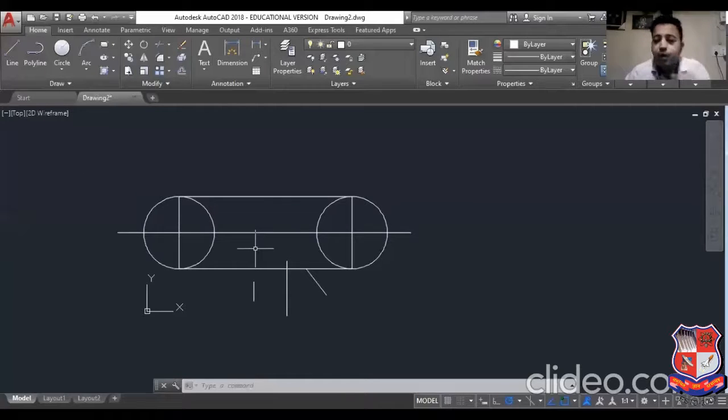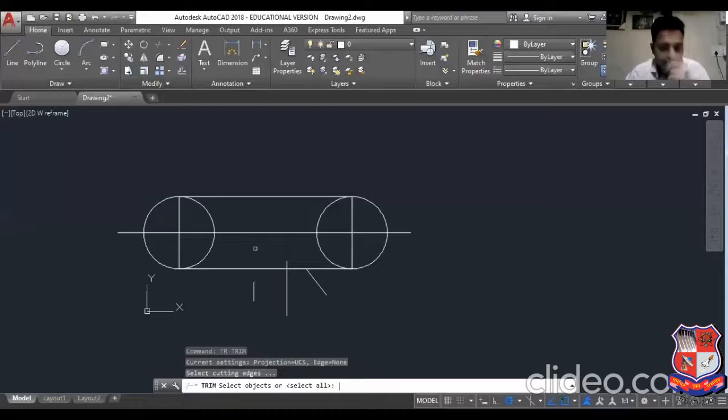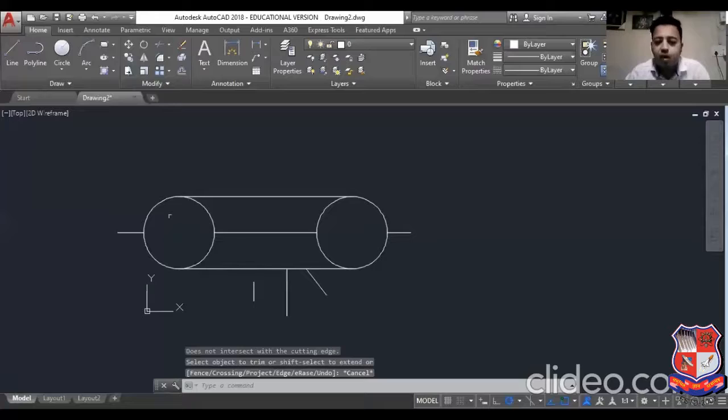Okay, the best option for the trim is the shortcut TR, two times enter. Okay, 1, 2, right? And you can select directly the cutting part of that object and click on that object, or you can do like this also. See, the part you want to do, but here you can see that you cannot remove these lines because this is an individual line right now. Okay, there is no junction and there is no extension apart from this. Okay, so escape. This is all about the trim line.